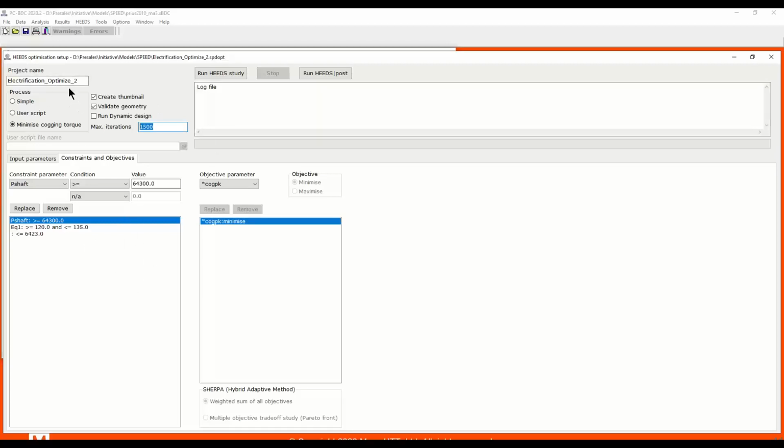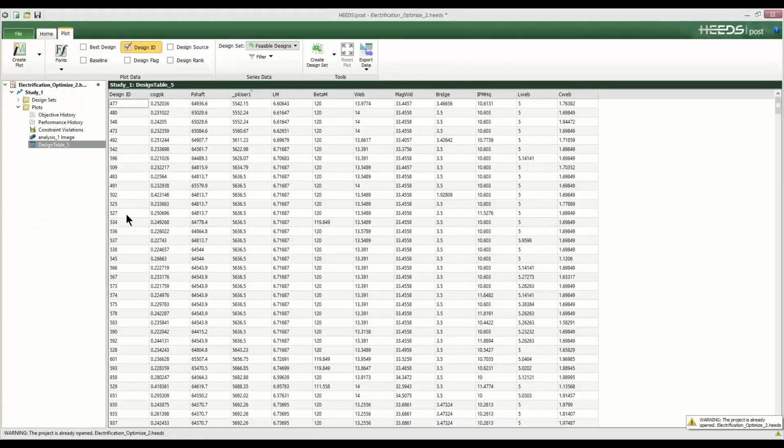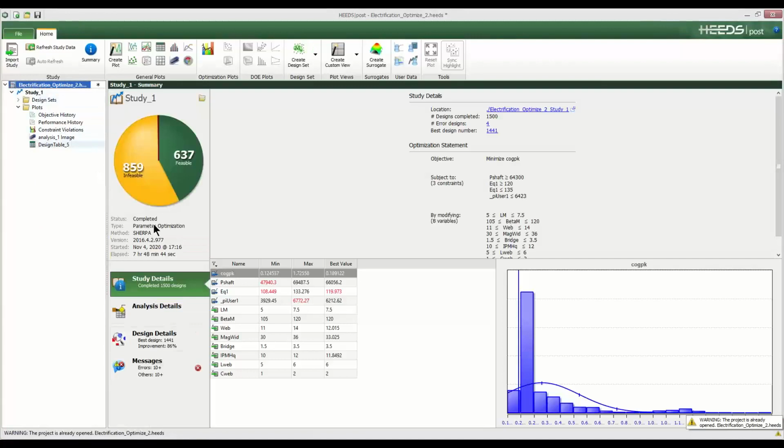Once setting all the inputs, all you have to do is run the study, and I have the results already from this. So let's run the analysis and see the results. You can see that we've tested 1,500 designs with 4 error designs, and the design sets are broken into 3 sets: infeasible designs, feasible designs, and error designs. Whenever the optimizer generates a design that violates one of the constraints, it classifies that design as infeasible.